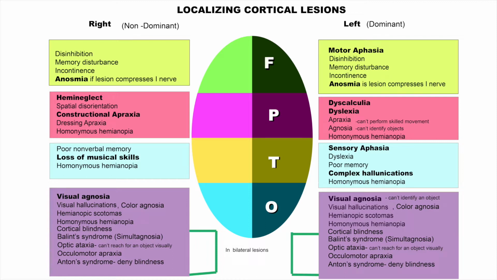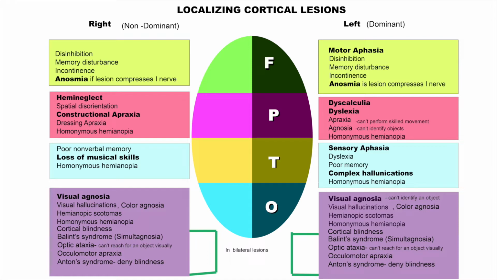Right or the non-dominant parietal lobe lesions present with hemi-neglect, in which he doesn't know that half of his body exists. Spatial disorientation, constructional apraxia, dressing apraxia,